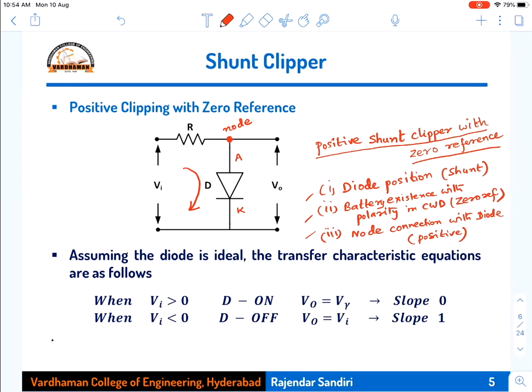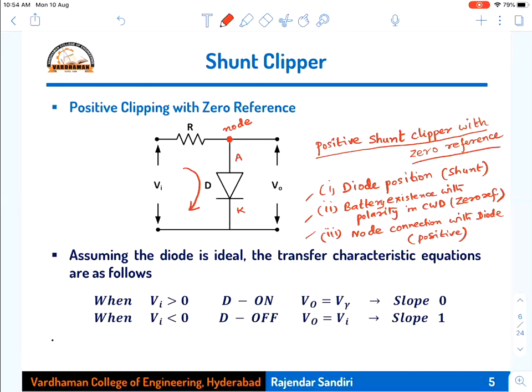That means out of 12 circuits, whatever circuit is given to you, now you will be in a position to tell the name of the circuit. We will see those things also. When those circuits come, you will be able to tell the name of that. So that is about the circuit. Now we will see the operation of this.